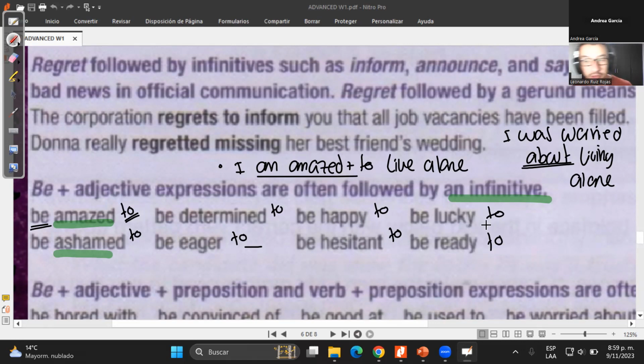I am happy to live with my wife. I am ready to exercise. I am lucky to have a good job. Ready? Pero en los otros casos que ya tienen preposiciones determinadas, then it's going to be the ing. Okay, André? Yes, teacher. Good. Entonces, como te das cuenta, dime. Without preposition, I can use to plus infinitive. Exactly, that's it, right? It's easier, exactly. That one is easier, ready?